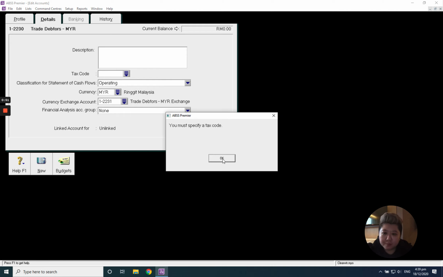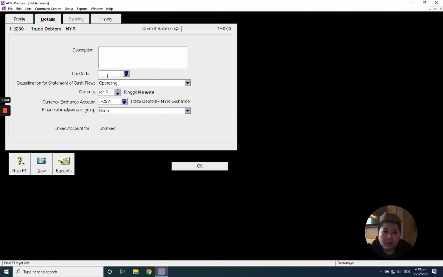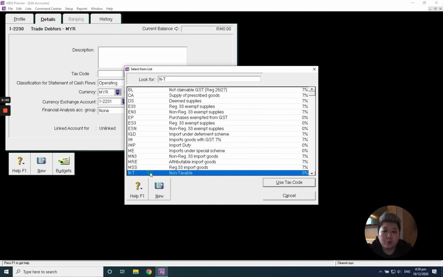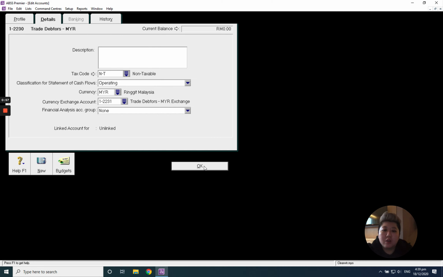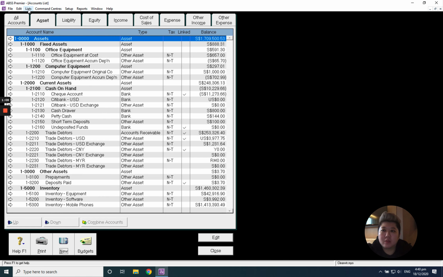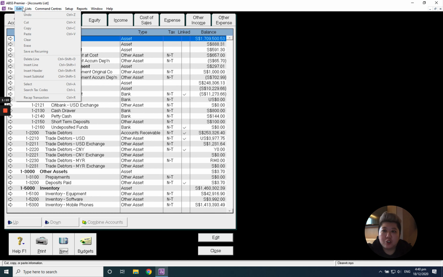Third step. Okay, if you encounter this tax code, just choose NT and it will do. If you don't, you can ignore it, because it depends on your version. Some of the versions will encounter these tax code things, some of the versions won't. Click OK. Third step, go to the linkage, go to list,